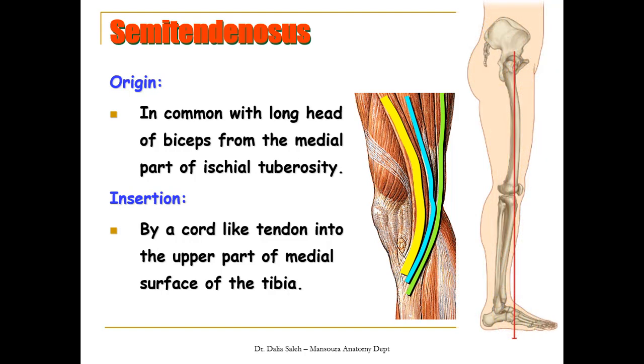These three muscles, the sartorius, gracilis, and semitendinosus, although they arise from different origins from the hip bone, they insert into the same point at the upper part of the medial surface of the tibia. So the semitendinosus arises from the ischium and inserts into the tibia, while the gracilis arises from the pubic bone and inserts also into the tibia. And the sartorius arises from the anterior superior iliac spine of the ilium and inserts also in the same point at the tibia. So these three muscles, beside their action to the group they belong to, also stabilize the pelvis over the lower limb.